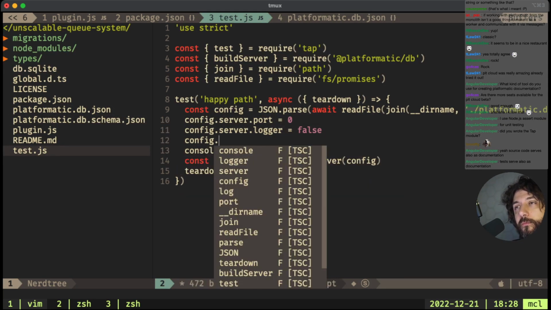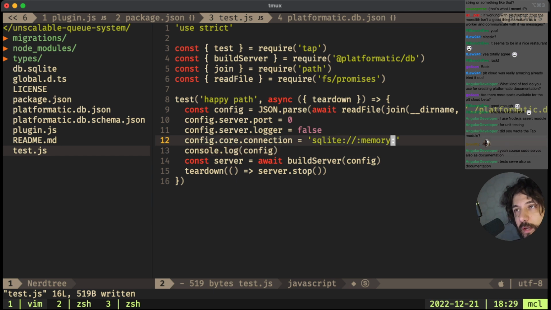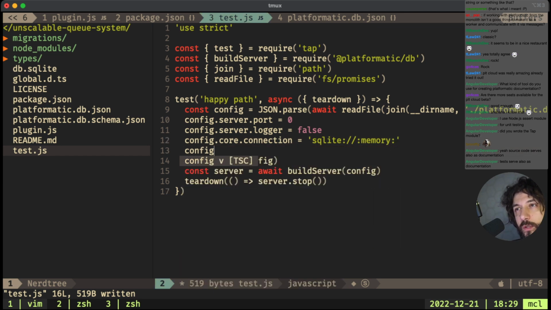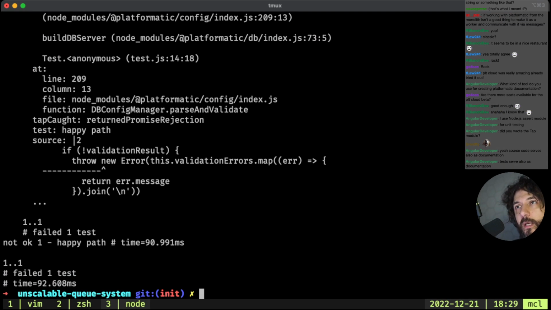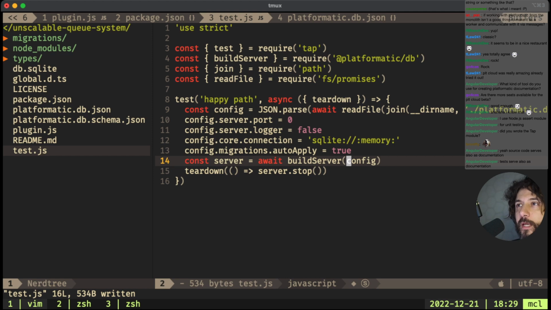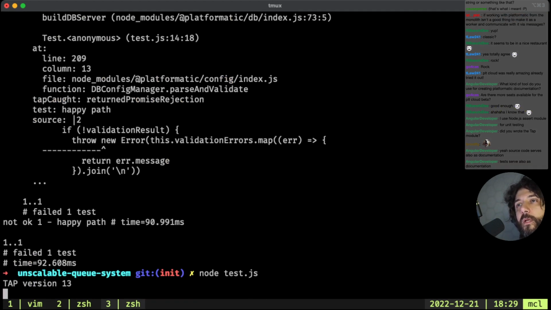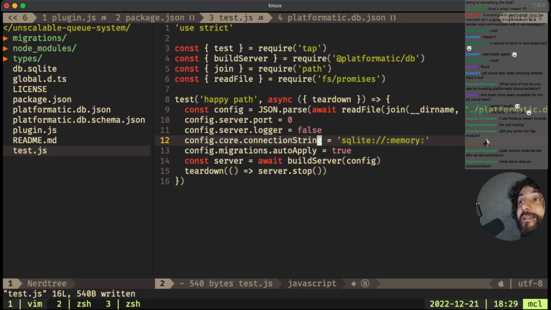So config core connection string SQLite memory is perfect. Then we want config migrations auto apply true, so it runs the migration when we start. And right now, connection string. Okay, it's not passing, does not exist.